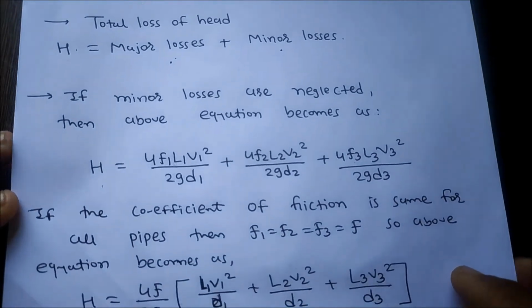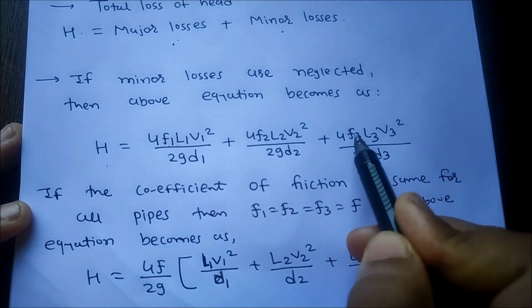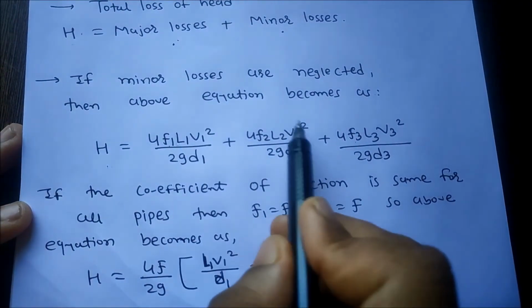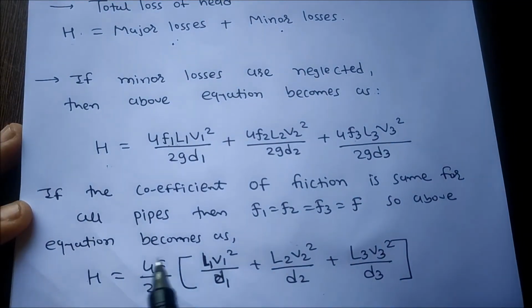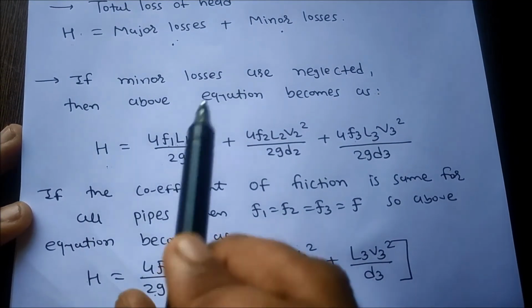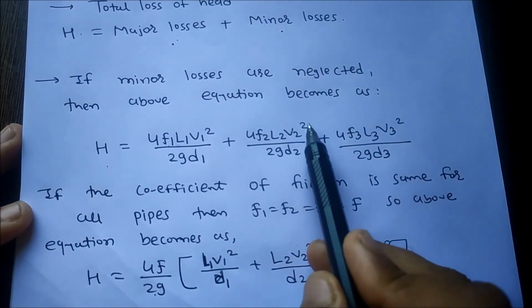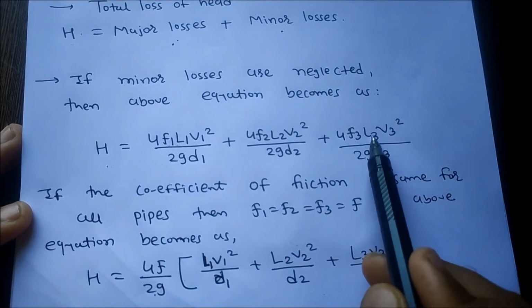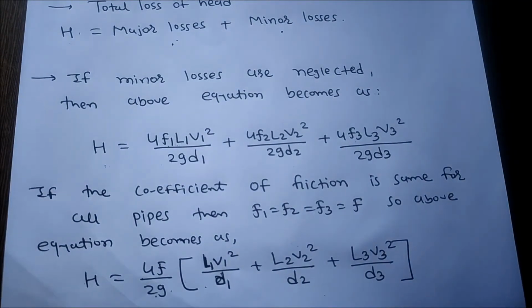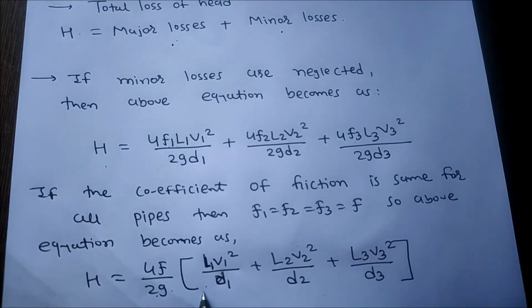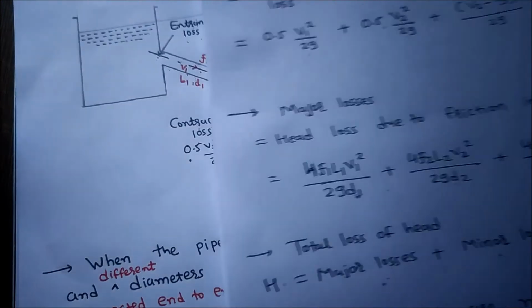If the coefficient of friction is the same, that is f1 is equal to f2 is equal to f3, the above equation becomes 4f by 2g, which is common. So H is equal to 4f by 2g in brackets L1 V1 square divided by D1 plus L2 V2 square divided by D2 plus L3 V3 square divided by D3. So that is the equation for flow through pipes in series, or flow through compound pipes. Again I repeat,